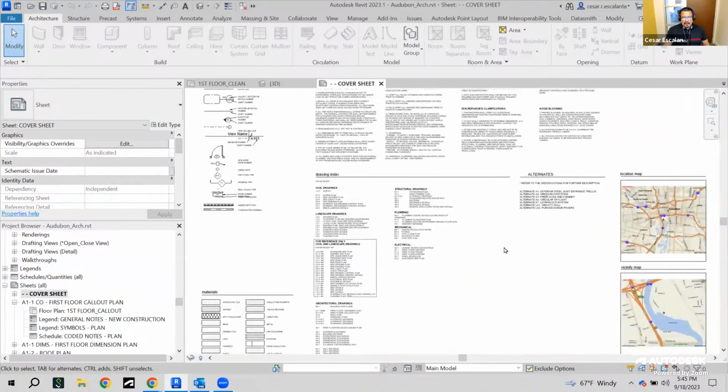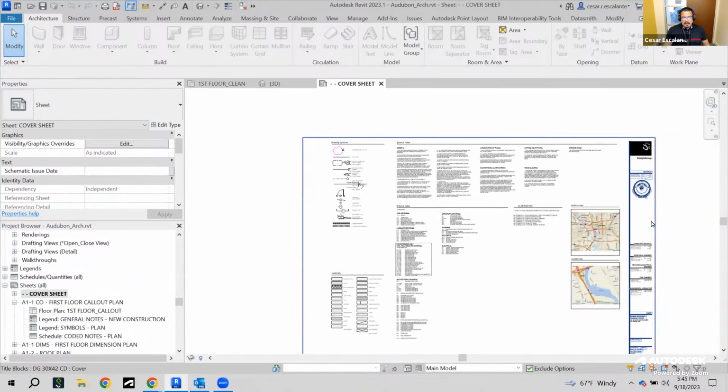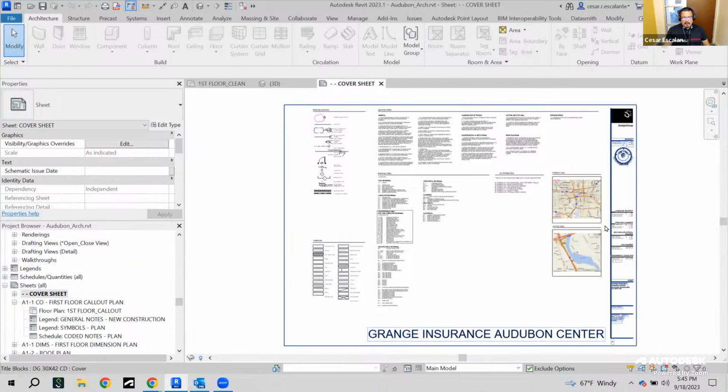When we create sheets in Revit, we have to pick the title block size that we're going to use to make the set. And this one,